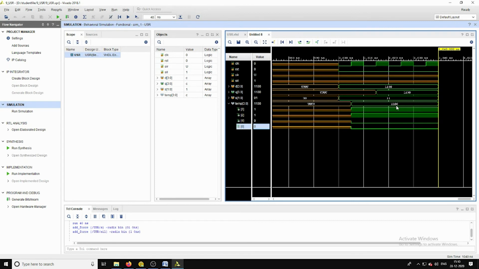Meaning in the next cycle we have to get the output as 1 0 0 1, because in the LSB bit we are assigning 1. The highest MSB bit should be occupied by the next MSB bit value, that is 1, and that bit is occupied by the next bit of 0. So in this way we have to get the output as 1 0 0 1.